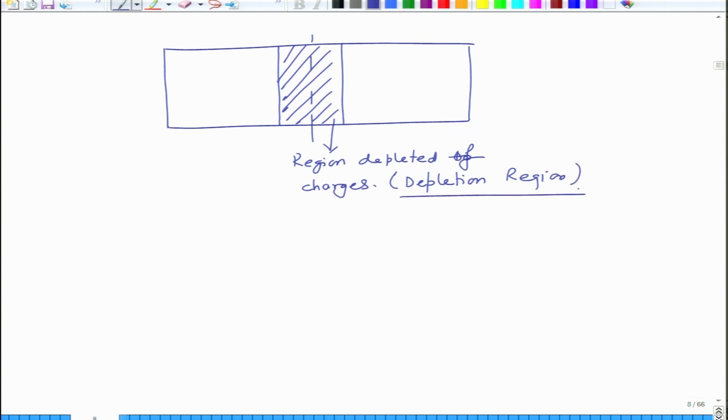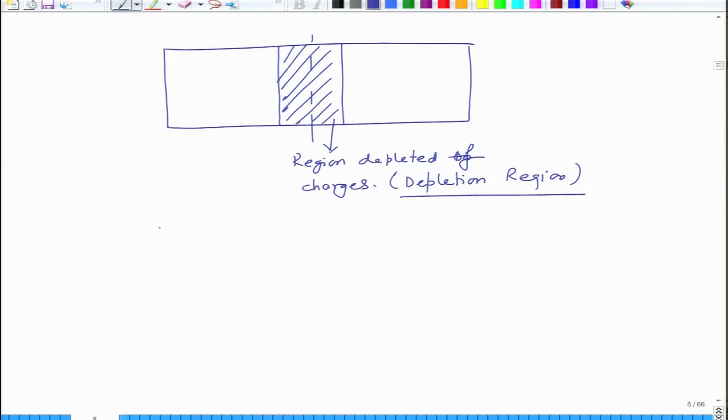So, basically what happens is that to counteract the diffusion, since you have a diffusion gradient but you also have an electric field gradient, the electric field counters the diffusion. Although diffusion would allow the charges to go all the way into the semiconductors on both sides, the drift current counteracts it because of the presence of the electric field. You have seen that you have band bending at the interface, and this band bending leads to an electric field, which is opposite to the diffusion current.